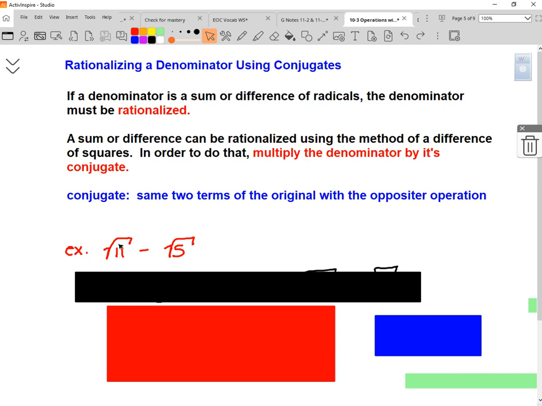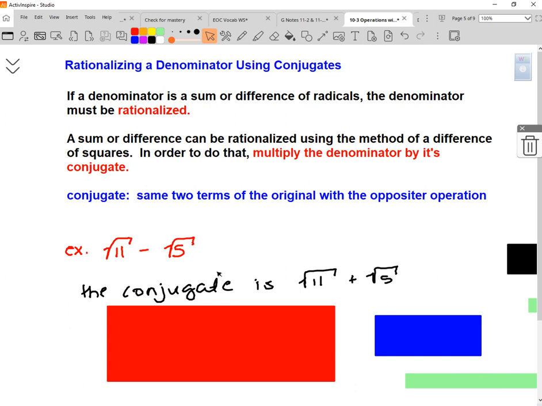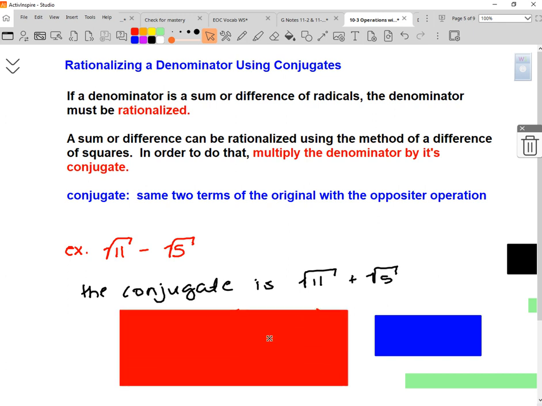Alright, so the conjugate would be the square root of 11, square root of 5, and instead of subtraction, it would be addition. So you're writing this example. The conjugate is exactly the same terms except you switch this to a plus. And the reason we do that is because if you multiply them,